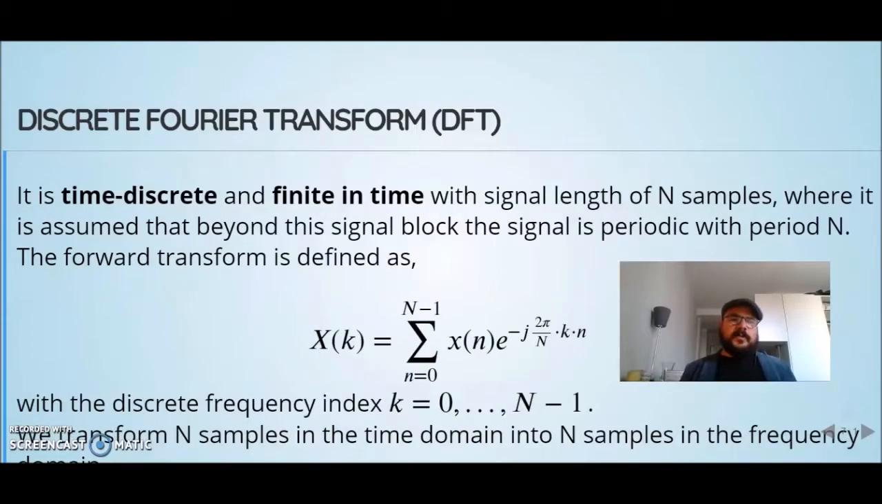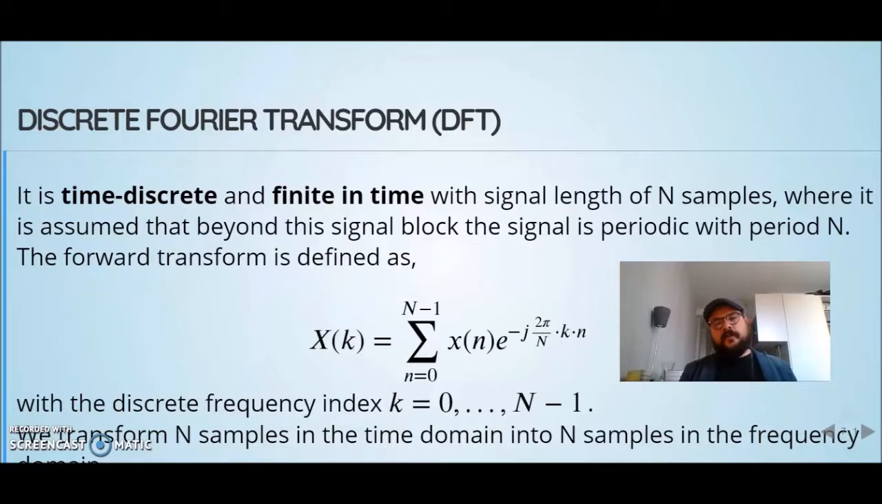Another transform is the discrete Fourier transform. This transform is still time discrete, but now it's finite in time. So our signal has a fixed length of n samples. We can obtain the DFT as a special case of the DTFT, the discrete time Fourier transform that we've seen